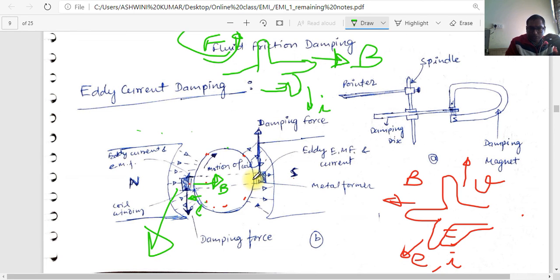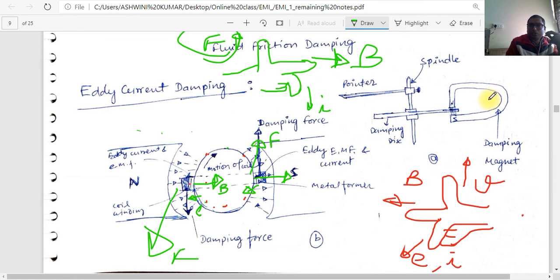For this, the field is in this direction, the current is outward, and the force is acting up. This is the damping force F, and this is the damping force downward. This damping force will act opposite to the direction of the motion of the coil which is mounted on the